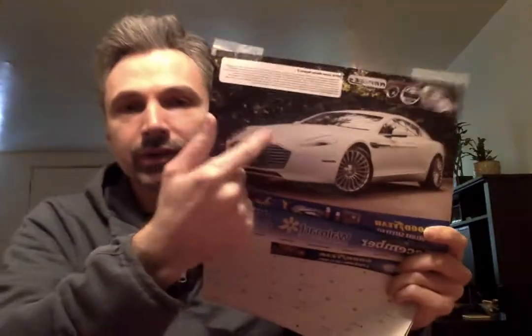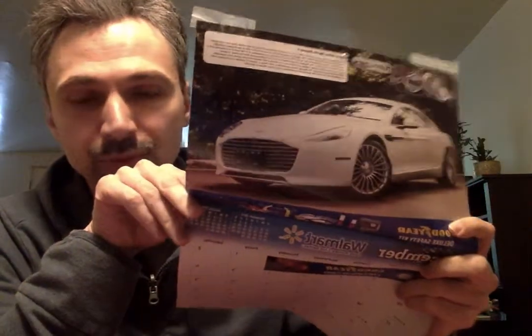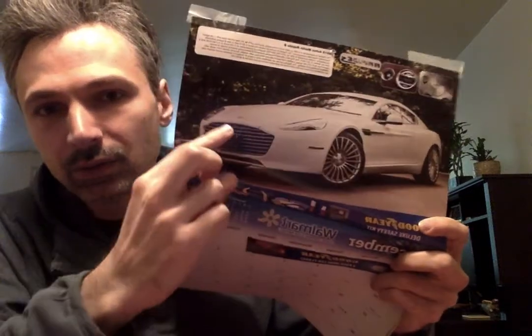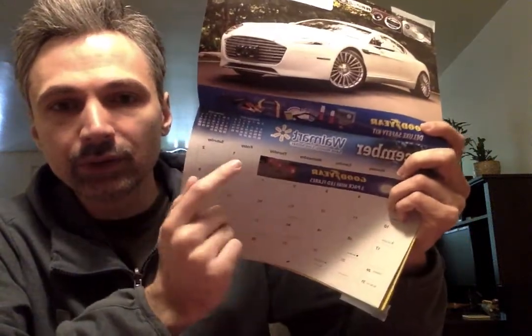That's a good way to start this calendar, I think, because it's a white car, and then you got the lines. You got the New Year's resolution section here. So it's all there. Now, here you are buying this calendar, and after you've had this whole month of December to prepare, it all hits you and you realize you're into the new year,